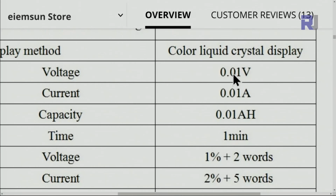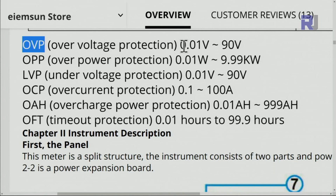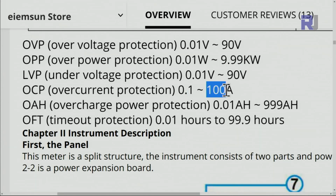The voltage can be set up to 10 millivolts, current 10 milliampere, and capacity 10 milliampere hour. And the time that you set is minimum is 1 minute. And here are the values. For OverVoltage protection, you can set from 10 millivolts to 90 volts. OverPower protection from 10 milliwatt to 9.99 kilowatt, that's 10 kilowatt, and UnderVoltage Protection, also up to 90 volts. OverCurrent Protection 0.1, which is 100 milliampere to 100 ampere, but that can be set on the screen, but the sensor can measure only up to 20 ampere. This overcharge protection, the amount of charge or capacity from 10 milliampere hour to 999 ampere hour, and for the time